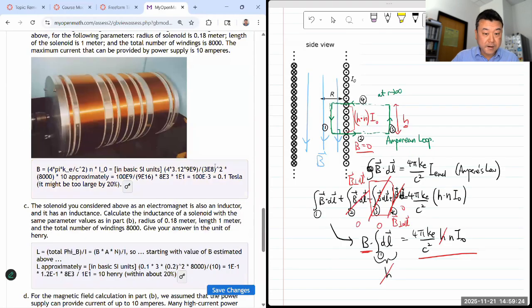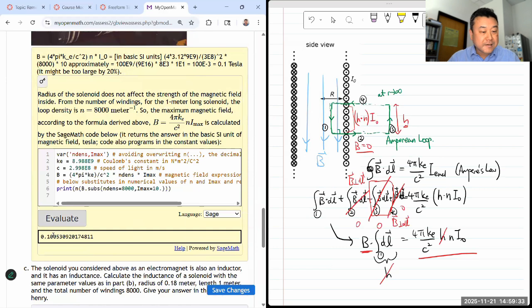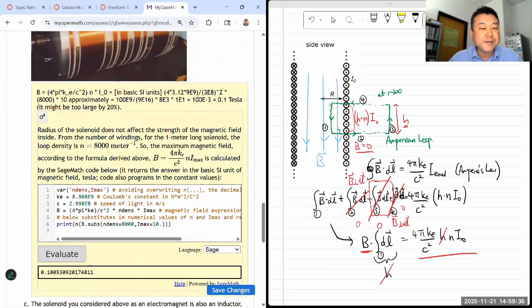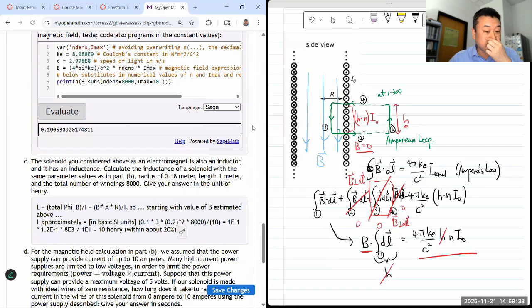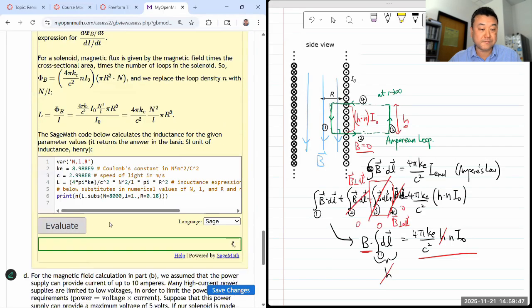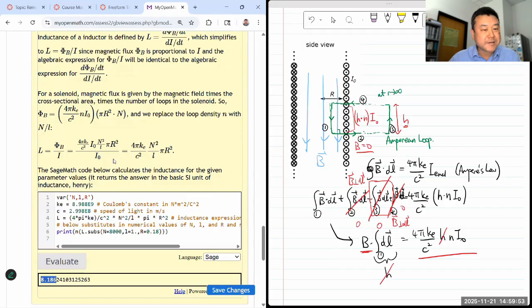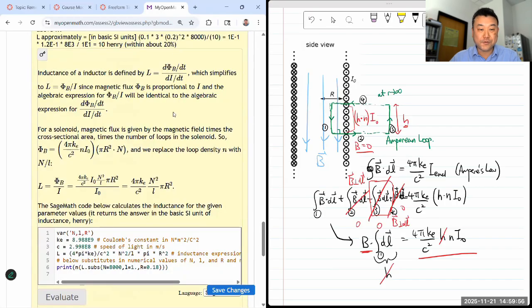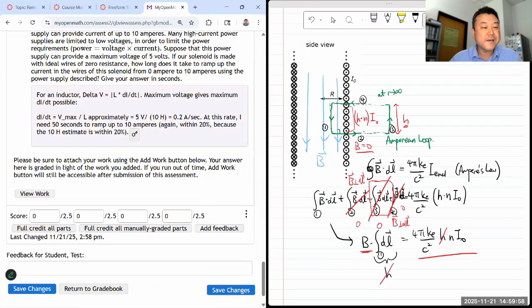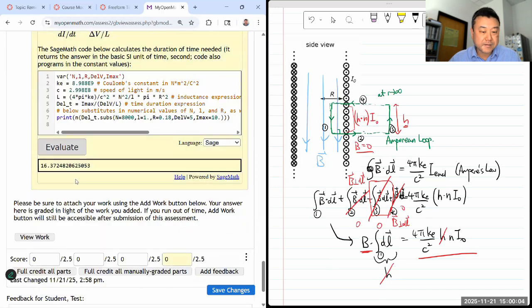And then here I estimated 0.1 Tesla. Let's hope that's correct. Oh, yeah, exactly 0.1 Tesla. Must have gotten lucky with the numbers. So then the rest should also be fairly accurate within that. Here I estimated 10 Henry, so it should be pretty close to 10 Henry. Okay, off by 20%. Some of the estimates I was doing, I knew. But within 20%. So this should again be within 20%. So did all this. It gets me